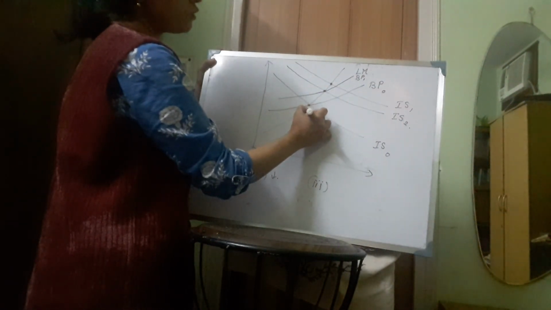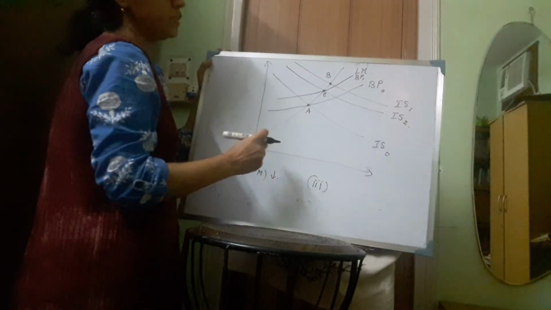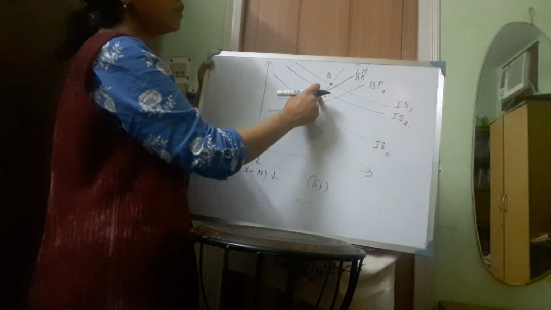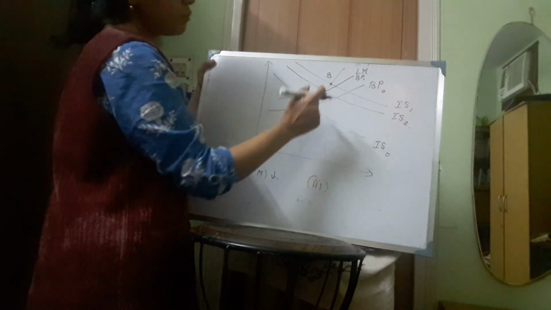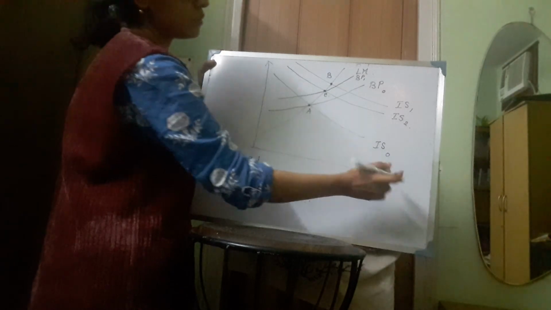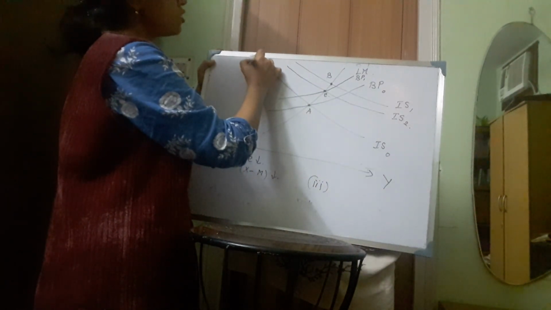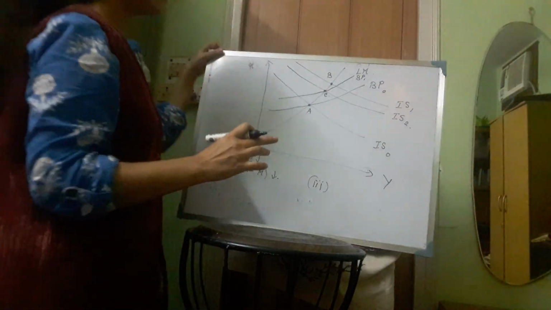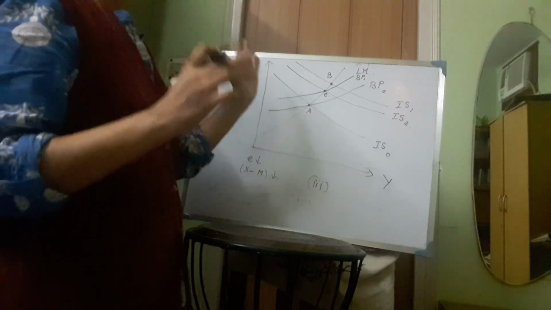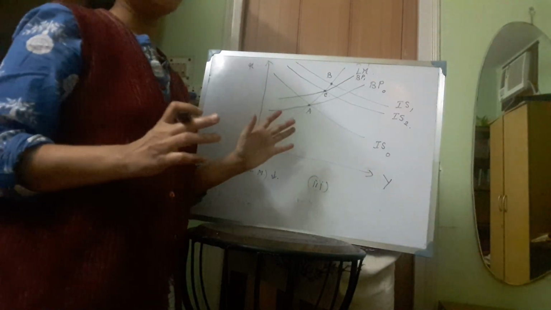So originally we were here, then we moved to B, and ultimately we reached point C. So the economy will be at point C. So the equilibrium will occur at point C, where we can observe that we will have a higher level of income. So along the horizontal axis we are measuring Y, along the vertical axis we are measuring R and all these things. So therefore, because of the expansionary fiscal policy, there will be an improvement in the national income of the economy. So the expansionary effect on the economy is positive.